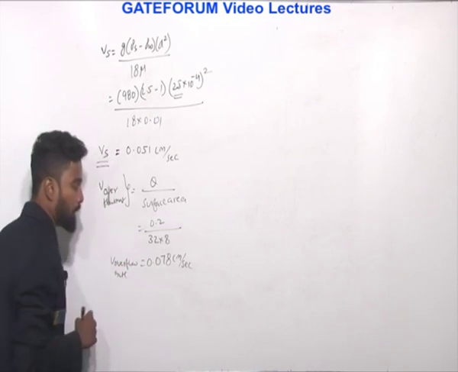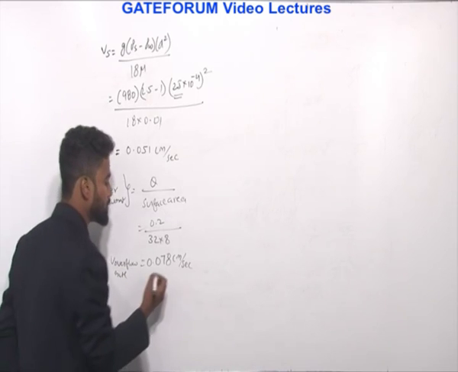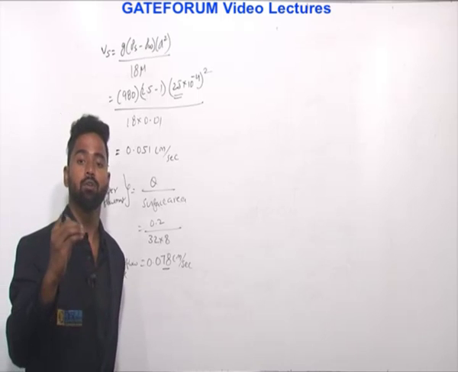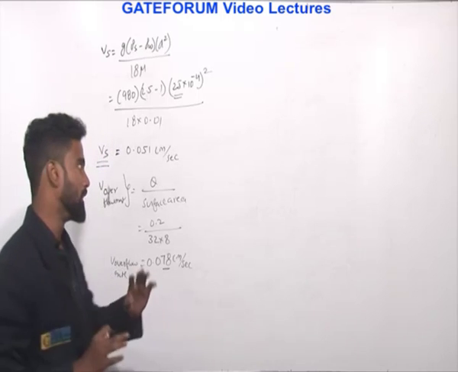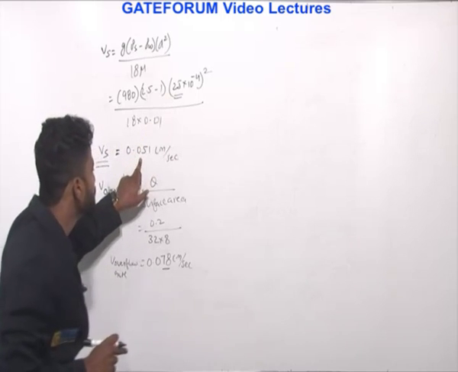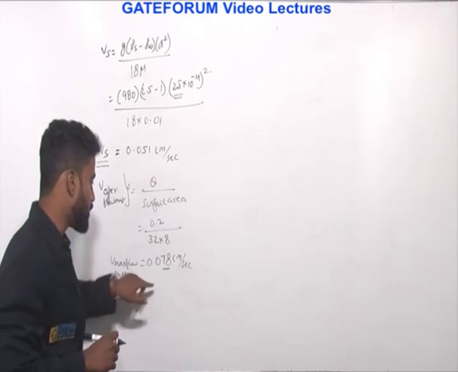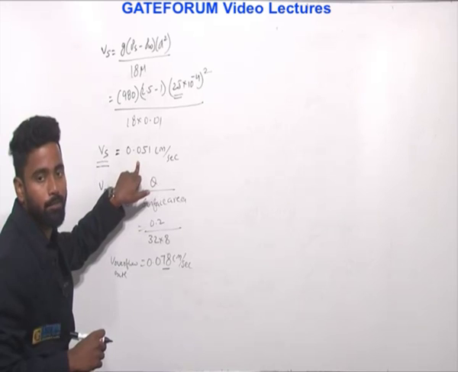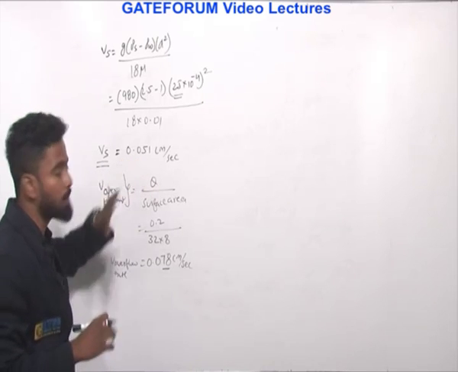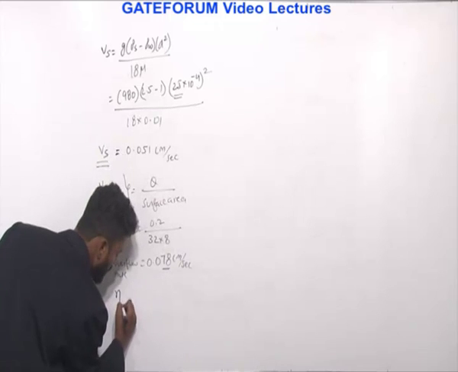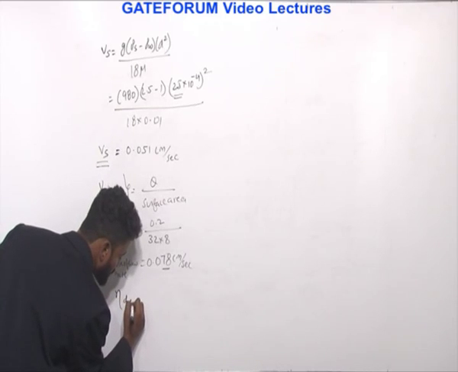That means for a particle whose velocity is 0.078 centimeters per second, 100% of those particles will get settled. Now for this, if you see, the velocity is 0.051 only. That means the velocity is less than this velocity. That means 100% of these particles will not get settled. If you want to calculate the efficiency of removal,